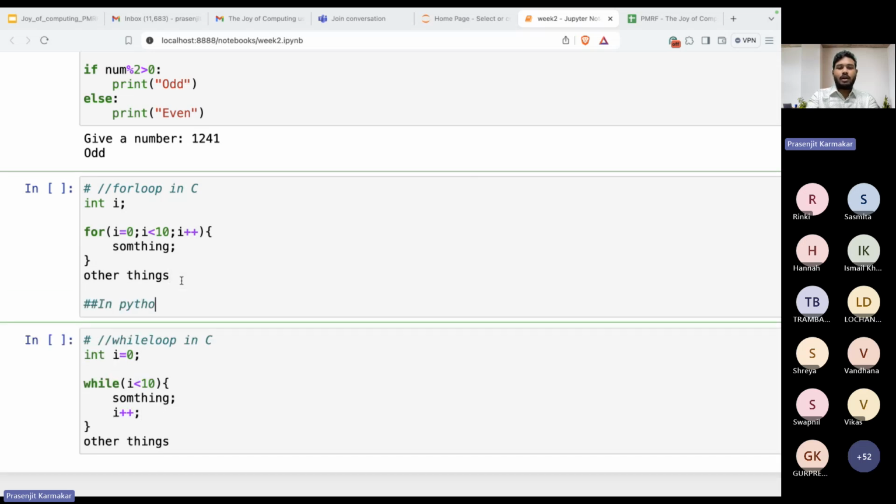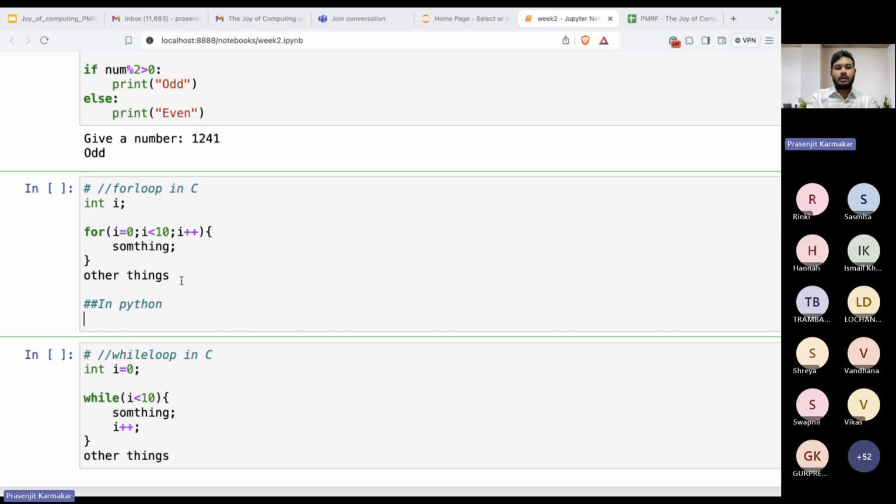Okay. So similarly, the exact same code in Python. In Python, it looks like this. As you already know, this definition doesn't need to be done in Python, right? So for i, the iterator, same. I don't have to initialize it beforehand or define it beforehand. No. So for i in